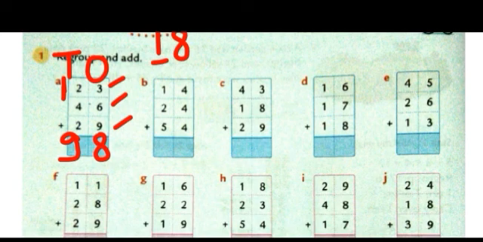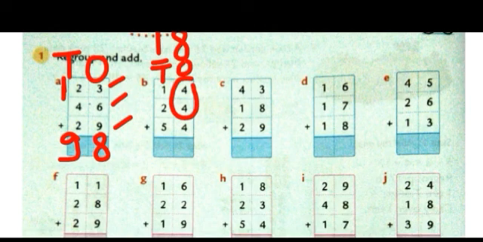You need to regroup the number, okay? Okay, moving on to the next question. Again, this is the ones column and this is the tens column. Numbers that are given here in ones column are 4, 4 and 4. So we can choose one method, like here doubles are there, so I'm going to choose that method. Look for the doubles. So see, 4 and 4 I will add together.